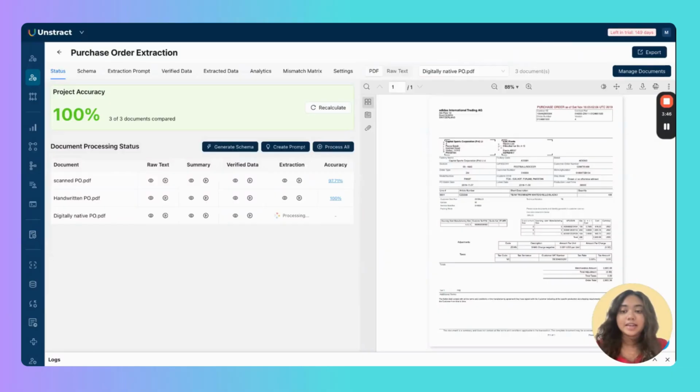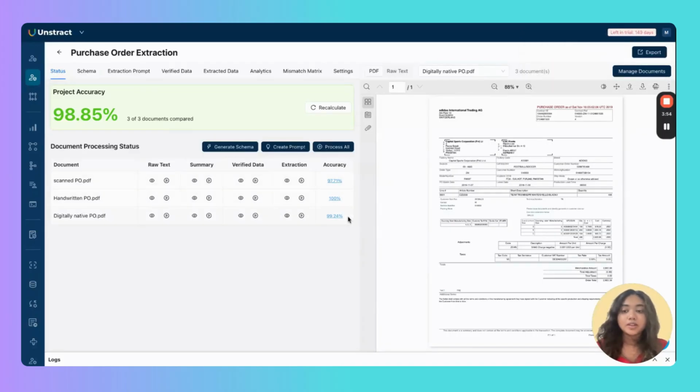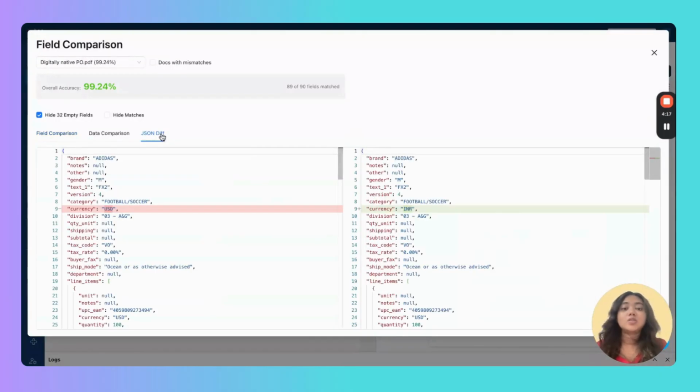So you can see that the system has extracted the data and we have the individual accuracy scores of each document. So what happens over here is that the system compares the extracted output with the verified data and checks for the accuracy score. And you have the accuracy score over here for the individual test documents and an overall project accuracy score on top.